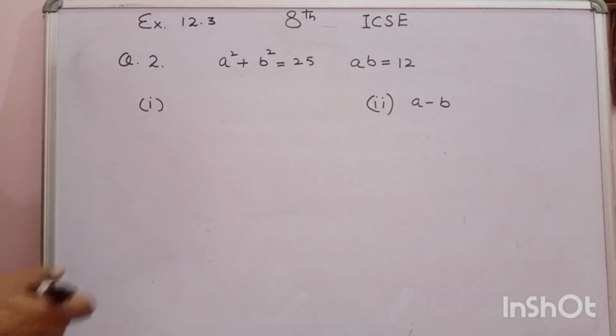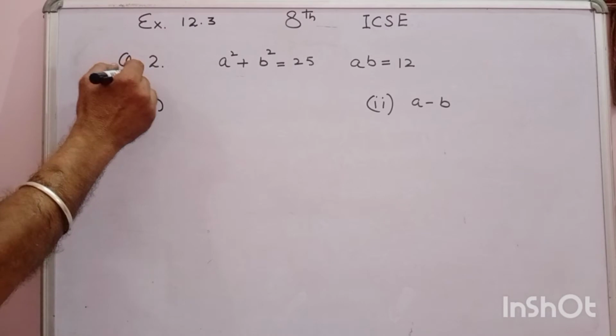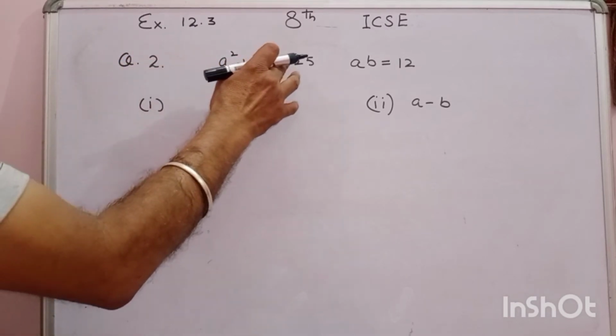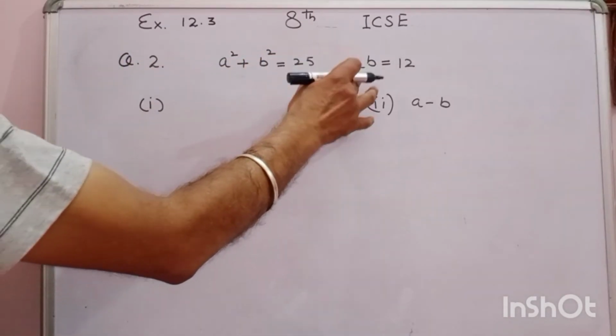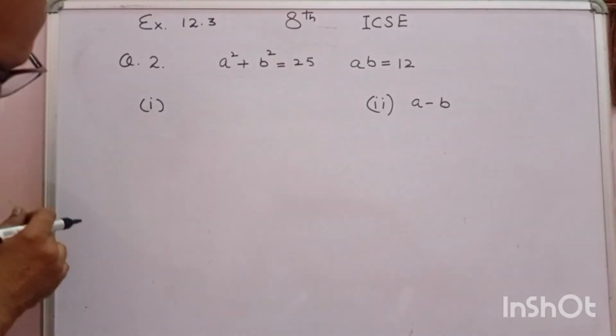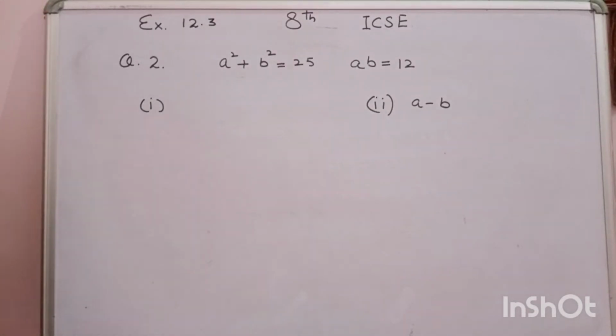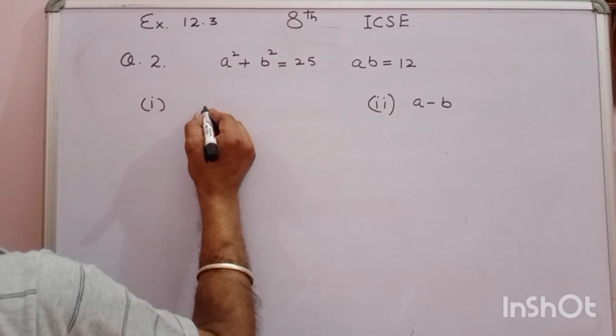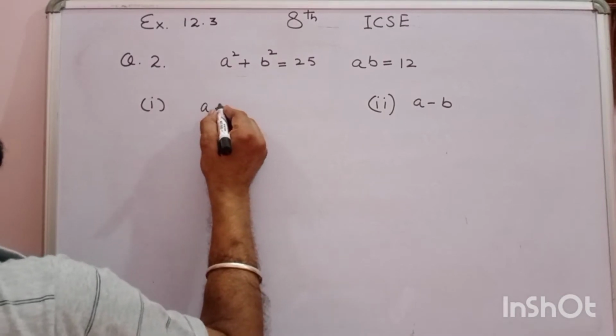8th Maths ICSE Exercise 12.3 question number 2. A square plus B square is equal to 25, AB is equal to 12. First part, find A plus B. We will use the identity A plus B the whole square